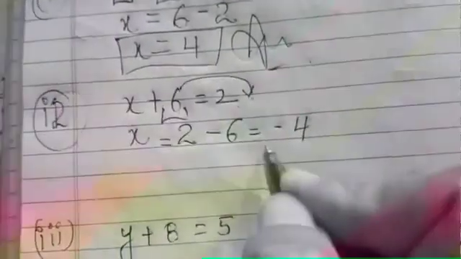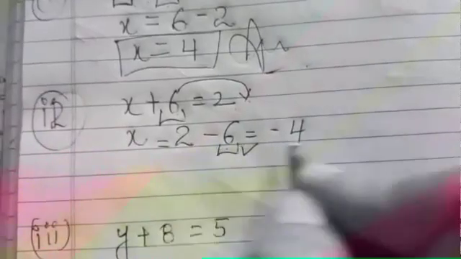The next question is x plus 6 is equal to 2. Here, as we know that we have to find the value of x, we will keep it on the same side and take this 6 to the other side. The 2 stays as it is, and taking 6 to the other side, it will be written as minus 6. So the answer will be minus 4, because 6 is the bigger number. I have told you that in the fight of plus and minus, the bigger number will win the race, right?